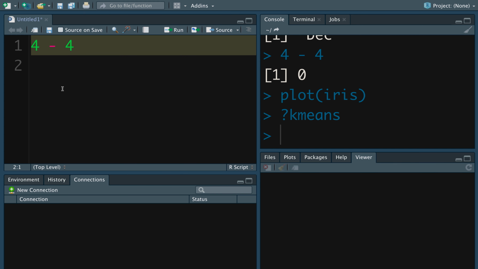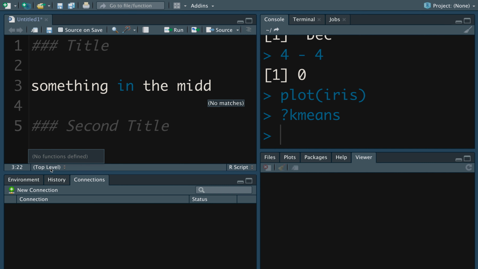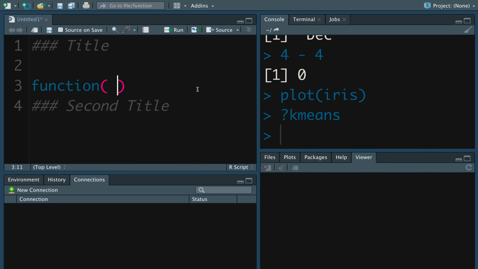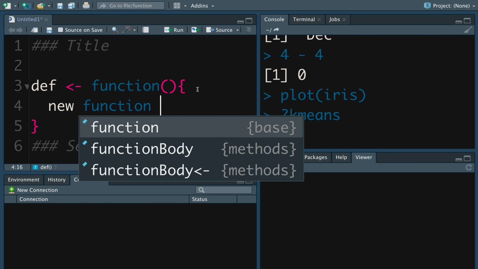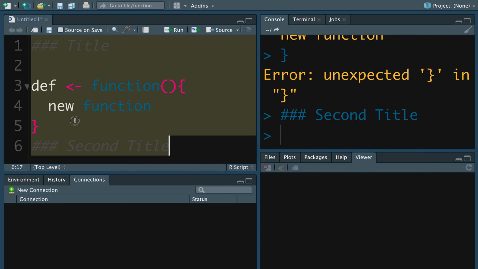So the other thing is, this is like your document outline, with section titles and something in the middle. So here you can actually see, okay, I've not selected any function, but if I had some function written, let's say def of new function, and if I execute this, okay, I've got a syntax error.